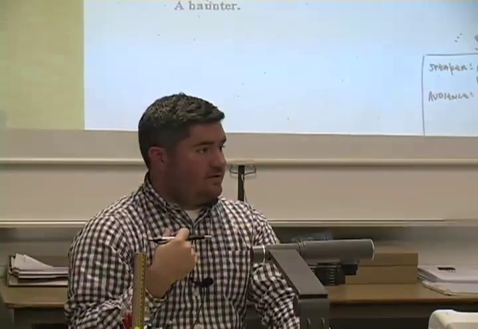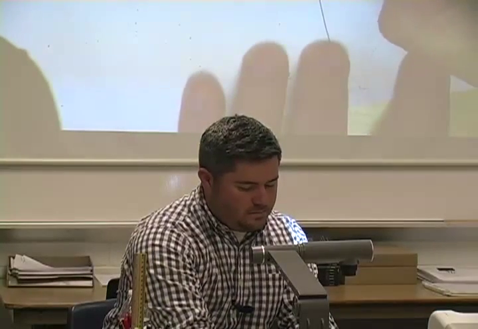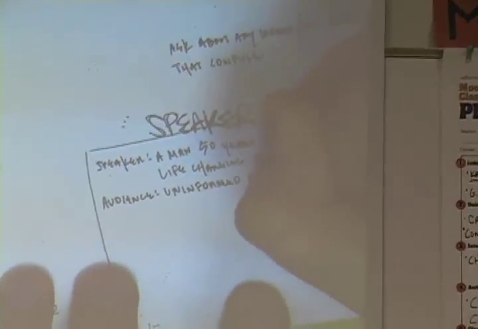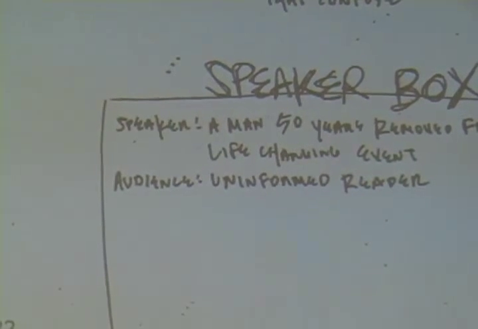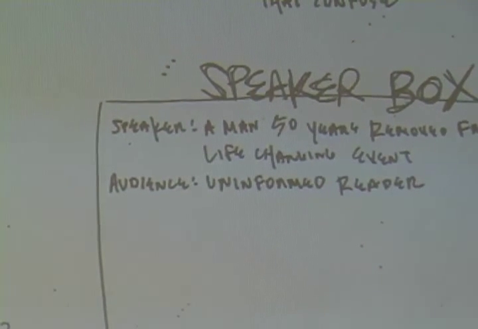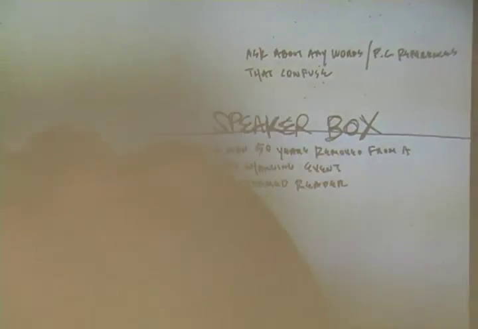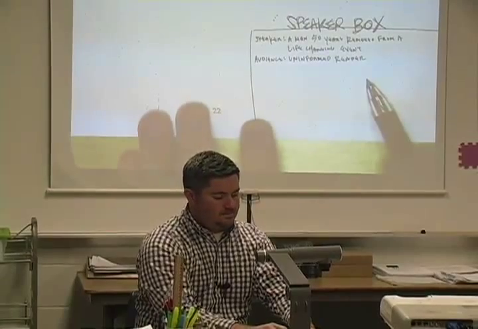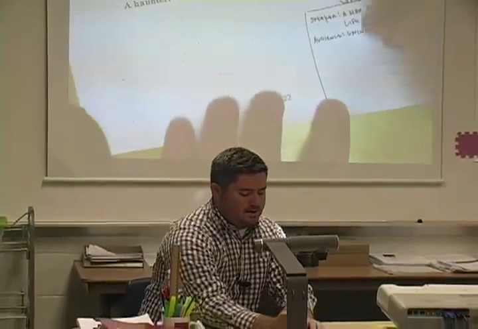What I tell the students, the nomenclature we use is, if this is a story that we are hearing for the first time, we've never heard it before, well, we are uninformed and we are readers. So the uninformed reader. I'm sure there's a much more academic way to say that, but the students seem to latch on to that. Didn't know this story before I sat down today. Now I know it. I was the uninformed reader. Okay? Speaker, audience, then I go